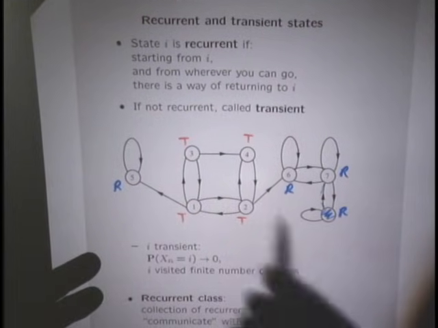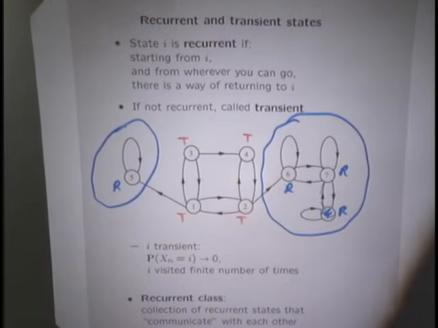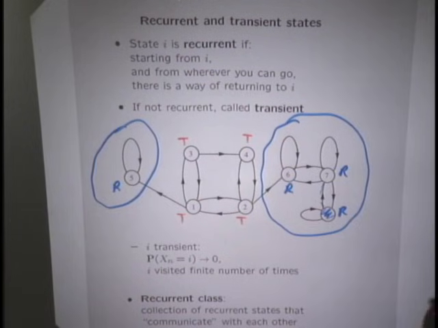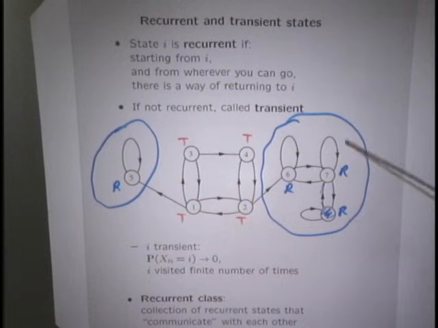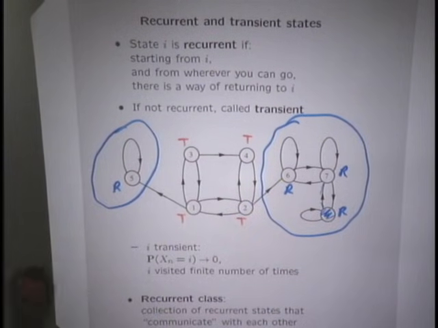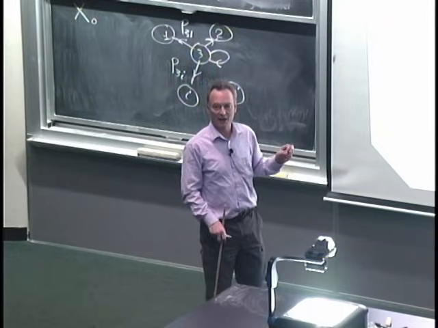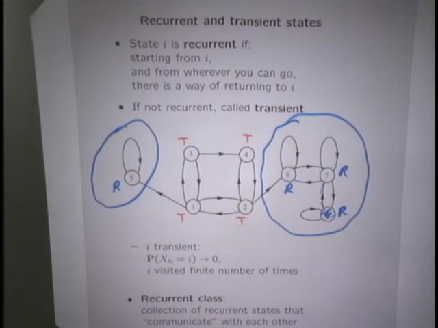And when I say class, what I mean is that in this picture, I divide the recurrent states into 2 classes or categories. What's special about them? These states are recurrent, these states are recurrent, but there's no communication between the 2. If you start here, you're stuck here. If you start here, you are stuck there. And this is a case where the initial state does matter, because if you start here, you get stuck here. If you start there, you get stuck there. So depending on the initial state, that's going to affect the long-term behavior of your chain. So the guess you can make at this point is that for the initial state to not matter, we should not have multiple recurrent classes. We should have only one. But we're going to get back to this point next time.